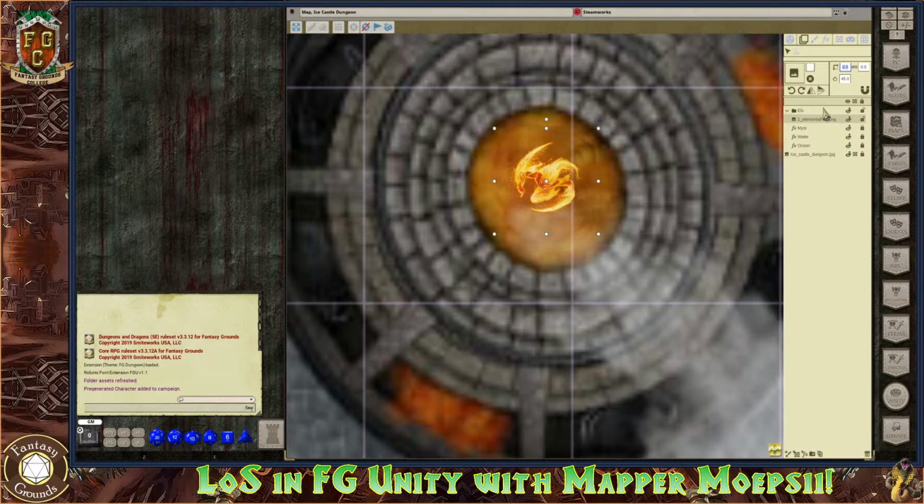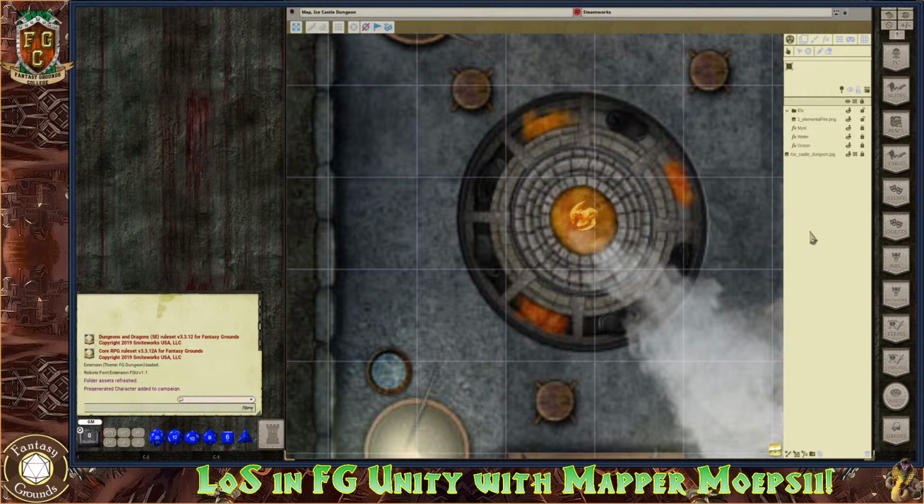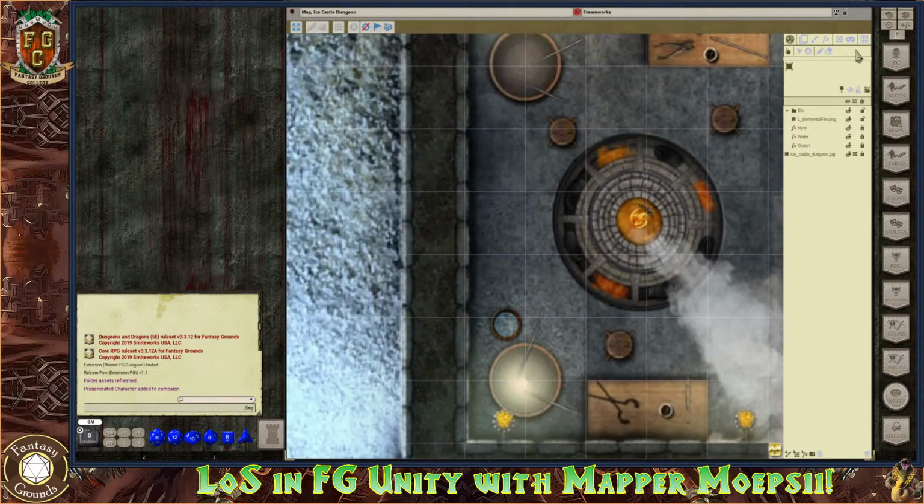And his coloring, there, I turned down the alpha a little bit more. So let's see what that looks like in the line of sight mode. In the play mode,